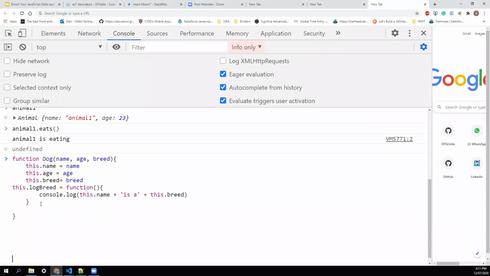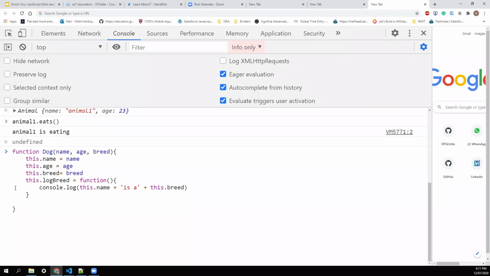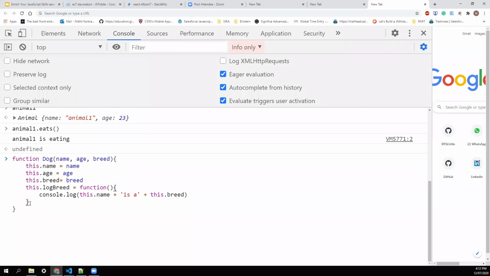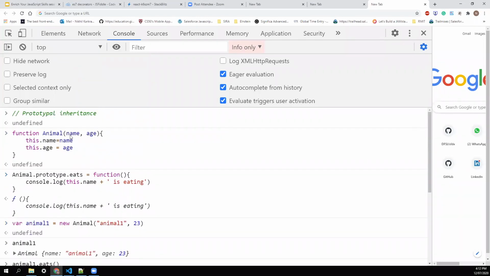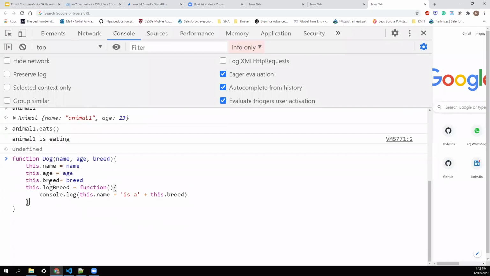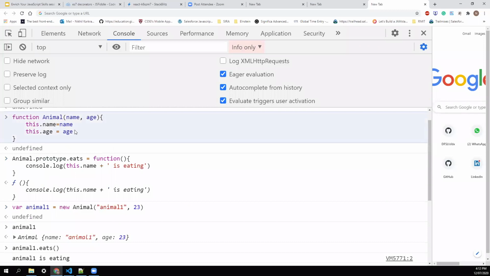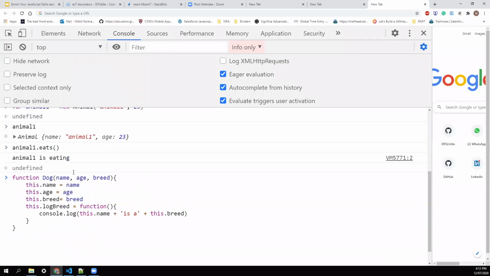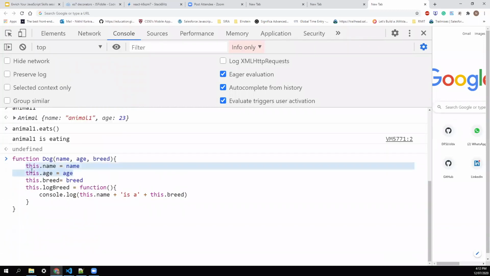A little bit up. Okay, so I'm attaching one method as well. So this is an independent constructor. There is no linkage between the animal constructor and the dog constructor right now. But while creating, I saw there is a constructor available that already has two properties that I want. So I said, why not inherit those properties into my dog constructor?